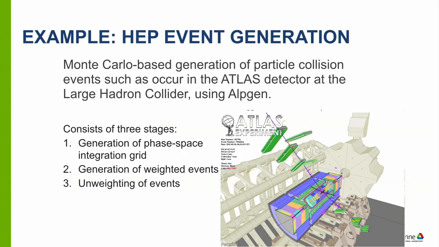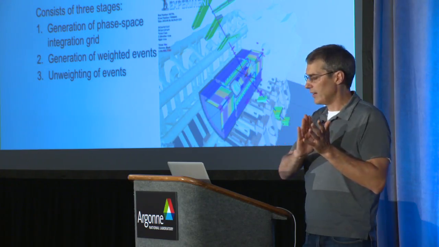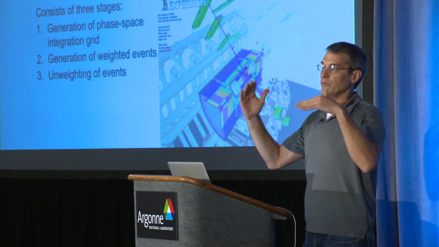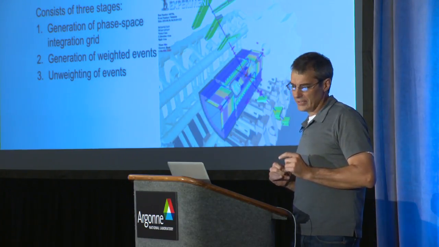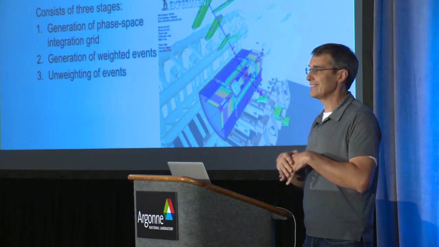So the HEP event generation consists of, as I said, establishing this integration grid, generating events which have some probability of occurring, and then unweighting them according to that probability. So over all of the events, there's some probabilities, and we can reduce this. If you look at the data reductions in this case, they're on the order of 2 or 3 orders of magnitude. So we throw away a ton of data,